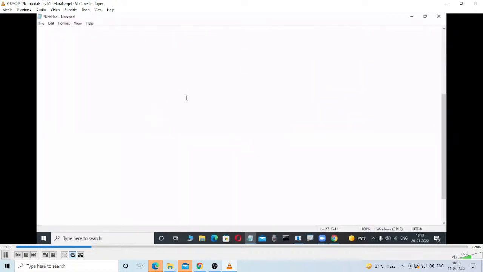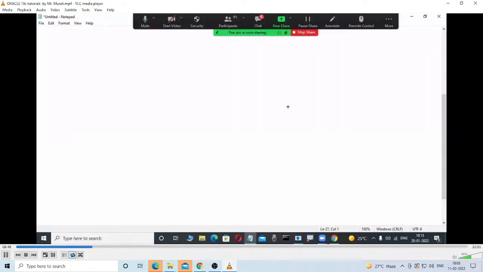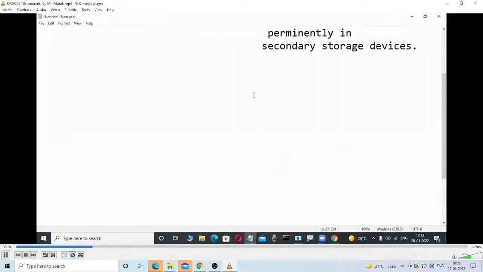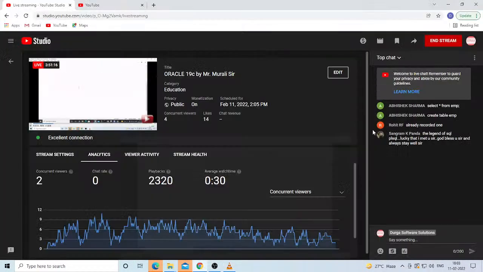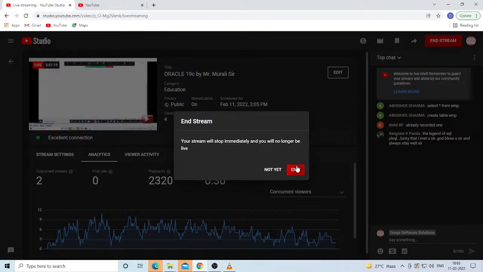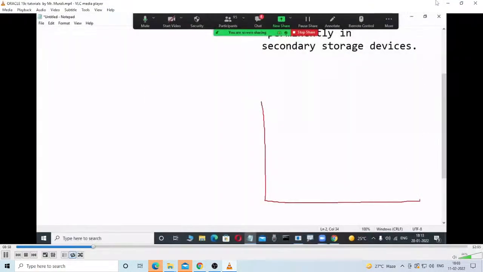Suppose I'm a first-time newcomer. How am I thinking? Maybe there is nothing to a database. Suppose I'm installing Oracle software, which is one of the database software. Whenever I install Oracle software into my system, automatically some places